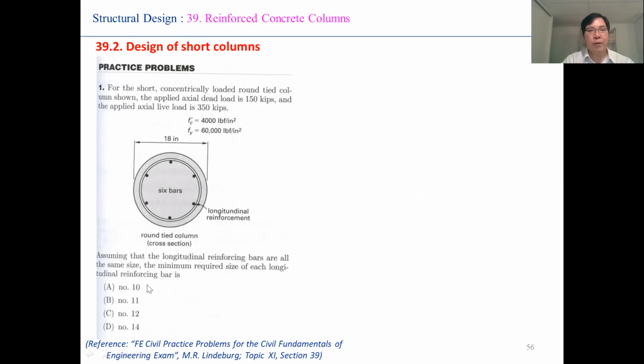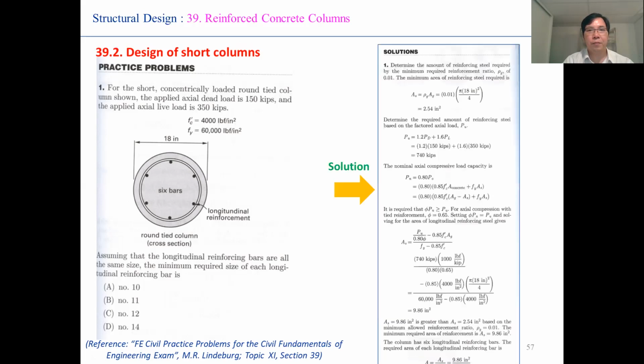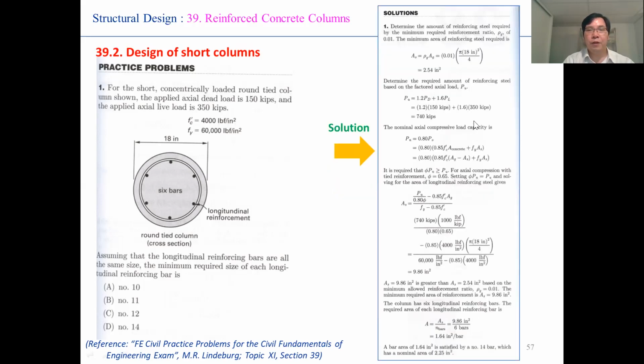They ask the question: what is the minimum required size of each longitudinal reinforcing bar? You can choose some option given in the problem. For the detail of the solution, you can see when you have more time. I will just talk very shortly about the steps that you can apply for the